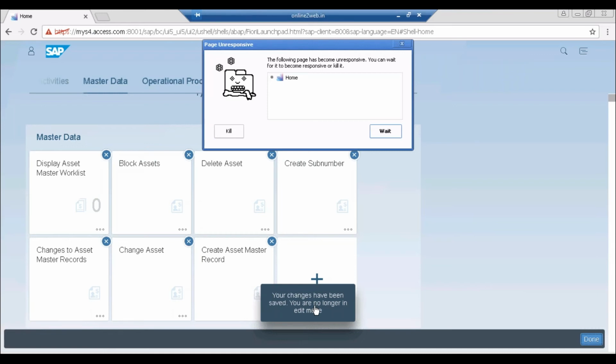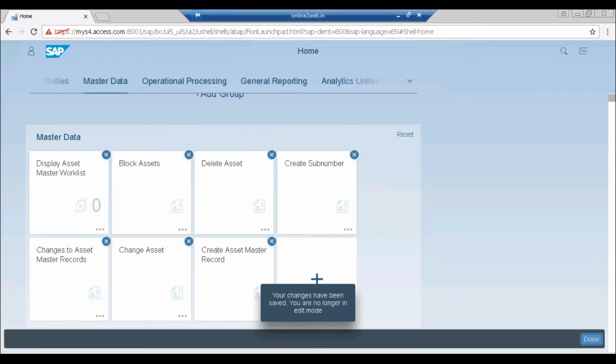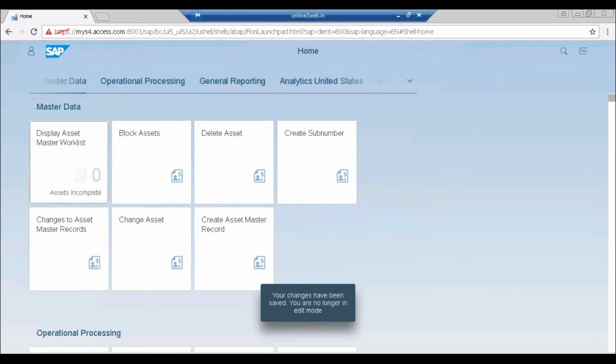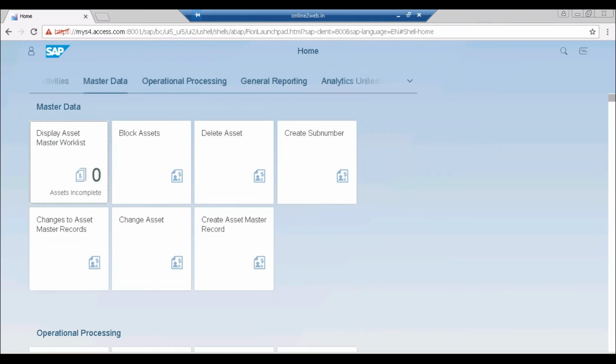Now the reason why these SAP Fiori screens look slower is because you can see thousands of apps are available under my user ID, which is a rare scenario which will not happen in your practical project. At the same time, we also know that this is a test server and the amount of RAM deployed on the server is limited. That is the reason at some places you'll find the speed is a little bit slower, but it doesn't mean that even in live projects the speed will be like this. So it will definitely be fast.